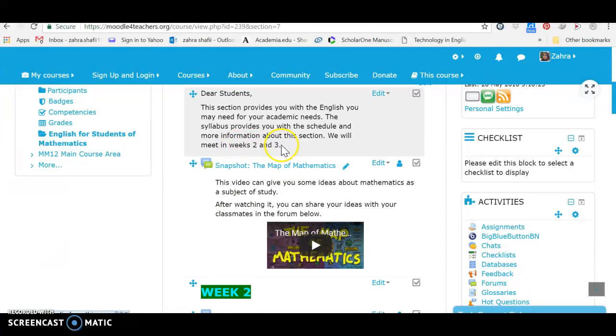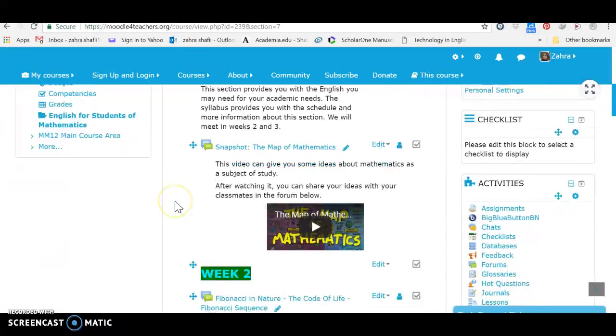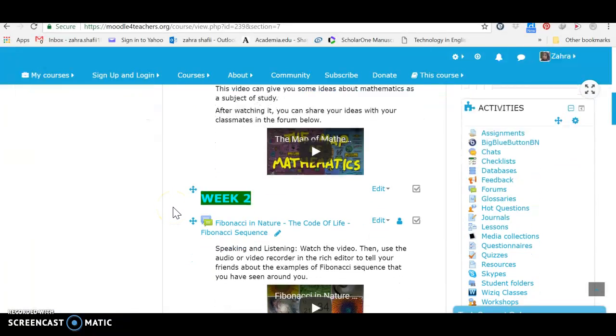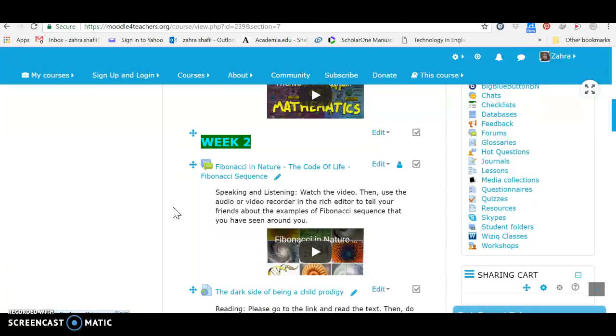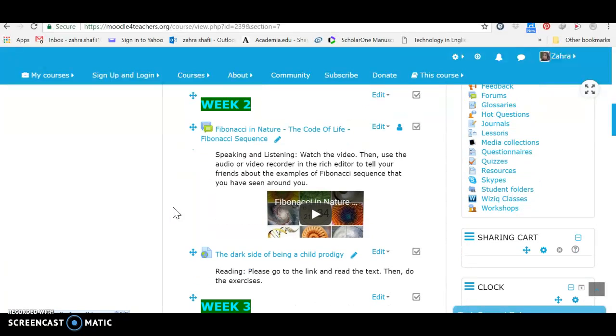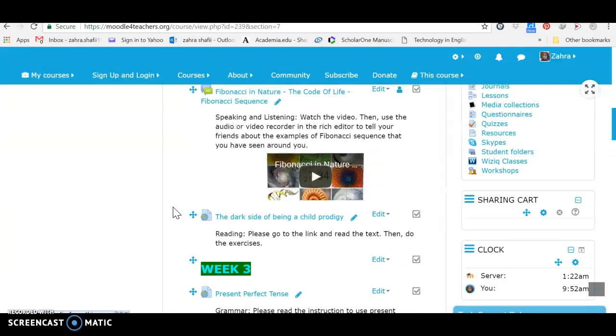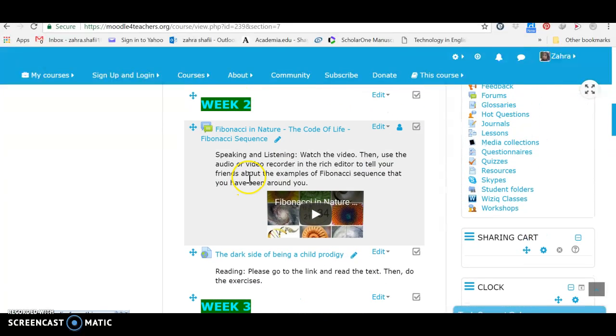The number of weeks is available here. First of all, students go through a snapshot to give them more idea about mathematics in English. And then they go to week 2 and week 3. First, there is a speaking and listening activity in which they watch a movie with the theme of mathematics, Fibonacci